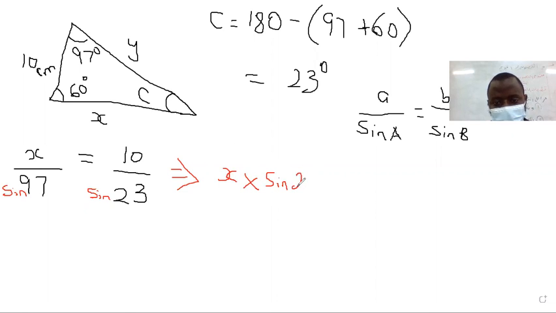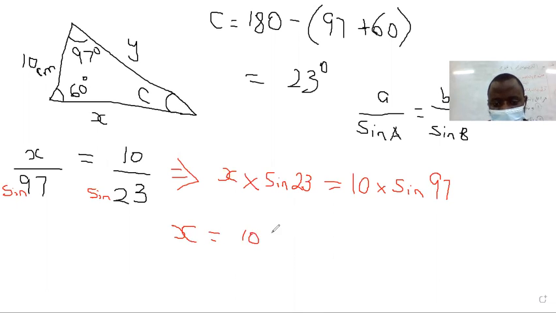X multiply sine 23 is equal to 10 multiply sine 97. You can see this now. All right, sine 97 degree. Okay, good. Now my X will now be equal to